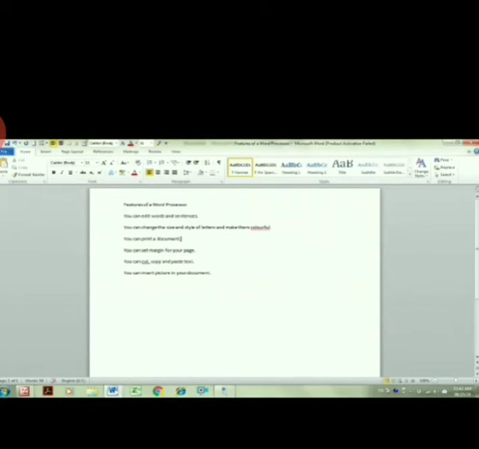So I have written, you can print a document here. So you can insert any line, any word, wherever you want in the existing document by using Microsoft Word.